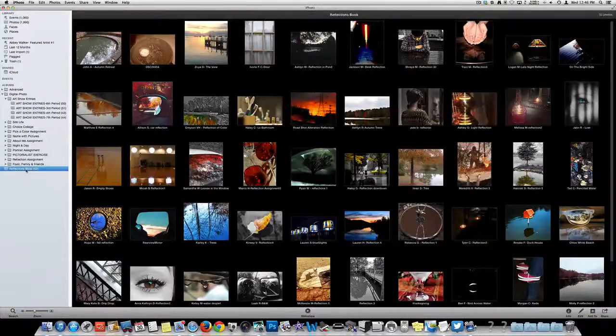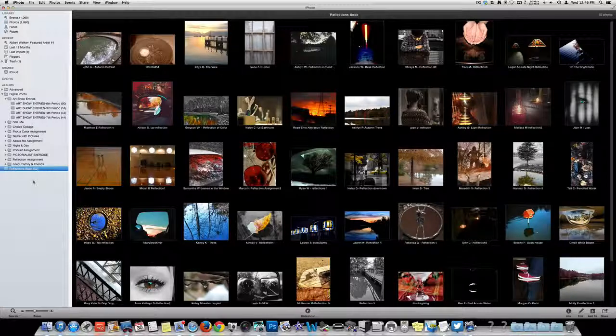So the best way to do it is to create an album in iPhoto, and then in that album put the pictures that you'd like in the book. You can continue to add pictures to the book even after you've started it. So don't feel discouraged or be afraid to go ahead and start building the book itself, even when your album